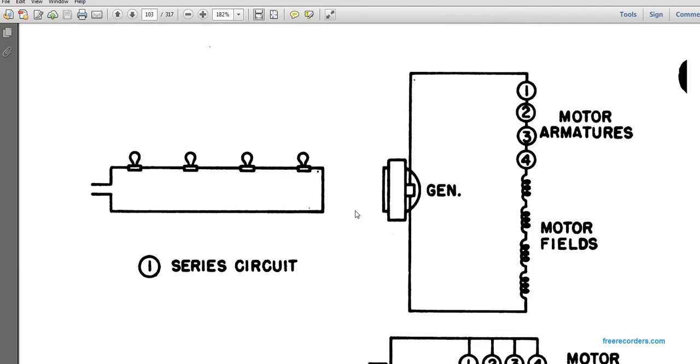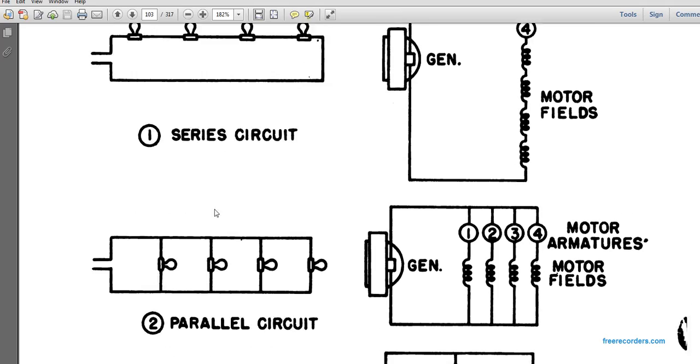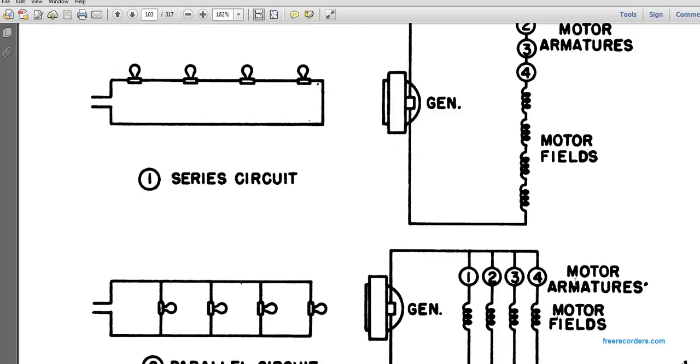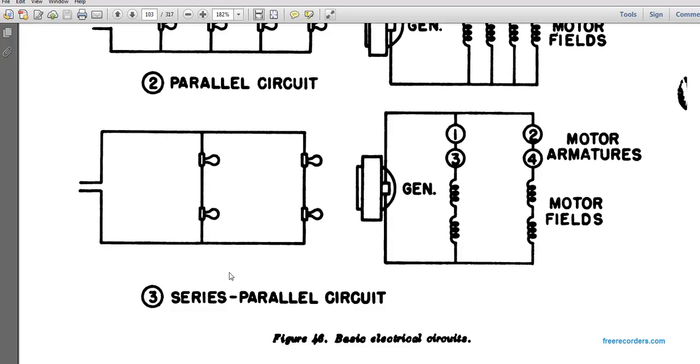This shows a series of circuits with the generator on one side, with the motor fields and the motor armatures, in parallel circuits instead of series circuits run by a generator, with motor armatures running on each different motor field. This shows a series of parallel circuits, with two different parallel circuits here, splitting up the voltage from 1 to 3 and 2 to 4 on the armatures and the motor fields of